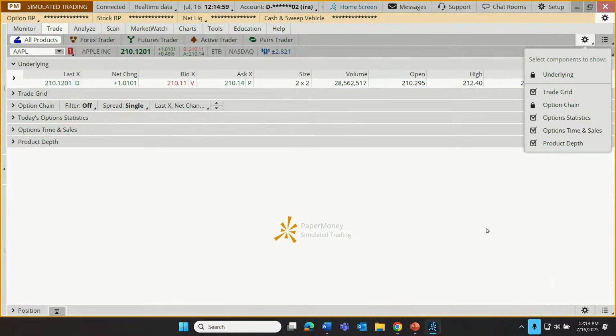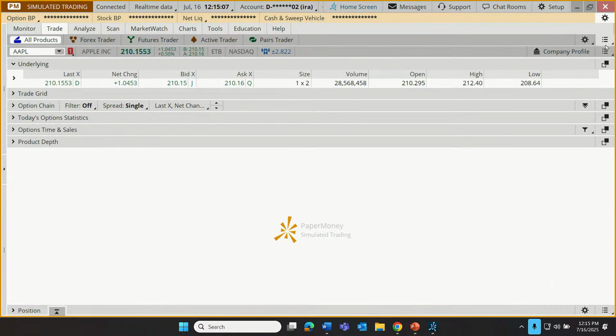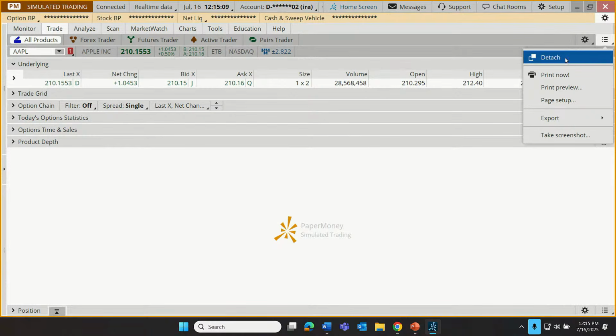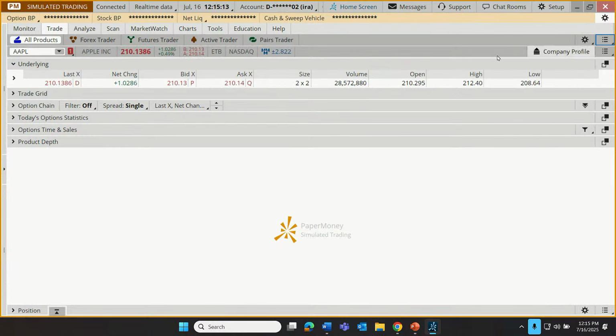Oh, voice is struggling. Hold on a second. There we go. Now these menus over here, click on them, figure out what they offer. For each of these individual fields within Thinkorswim, you'll notice there's a detach function. We've used that in lesson 1. I think we also used that in lesson 2. But what that does is it separates that field from the rest of the platform and allows us to maybe move it over to a side monitor, keep our eye on it while we continue to navigate the full platform.